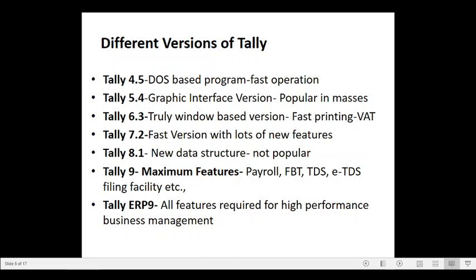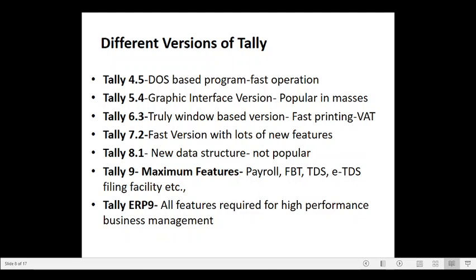The next version was 8.1. It was developed with a new data structure of Tally. A module of payroll was added to it. It could not live up to the expectations of the people and was marred by bugs. Company rectified many, but the version could not become popular and the company had to abort it before time and launched a new version, which is Tally 9. This version has maximum features. All other versions have been declared end of life period by Tally company.